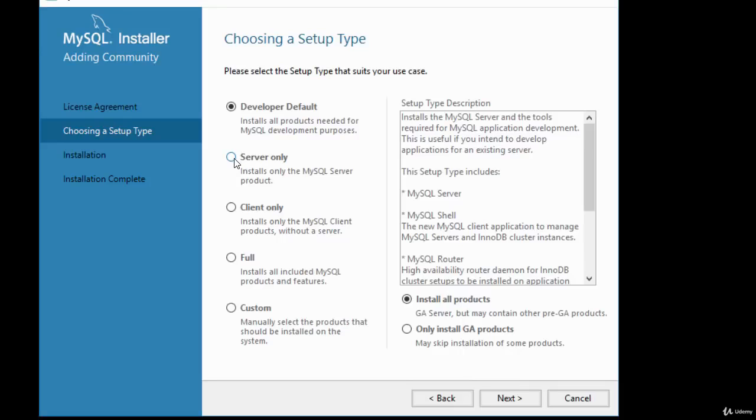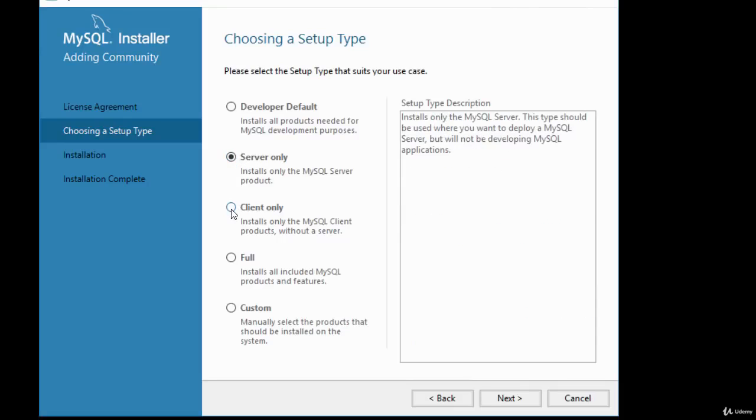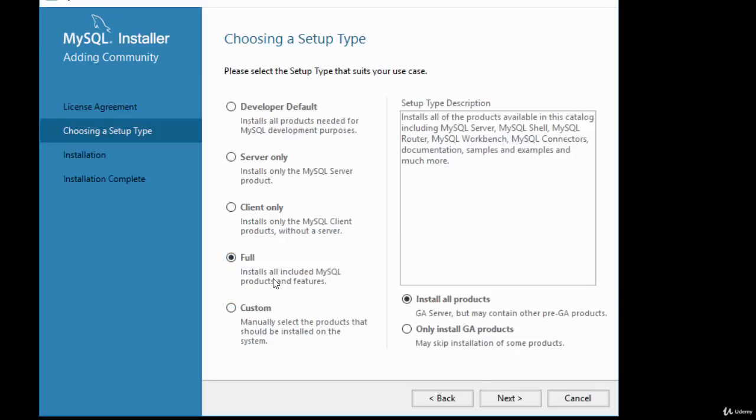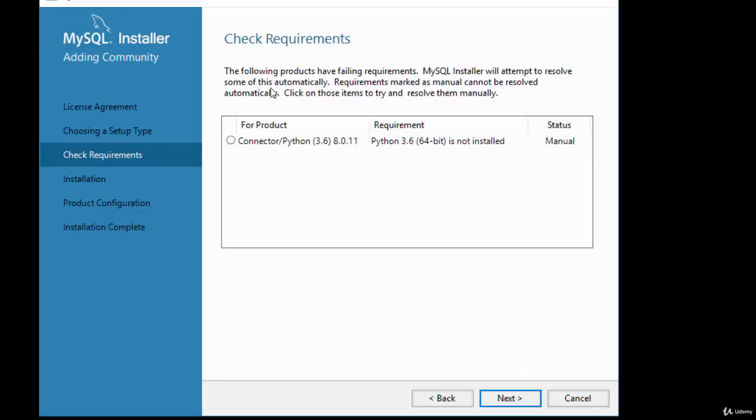If you click on the different options, you can see what it entails. For me, I'm going to go for the full option here, which will install all, including MySQL products and features. So it tells you here what it is going to install. So now that I've got my setup type selected, I'll click next, and here I'm presented with an option